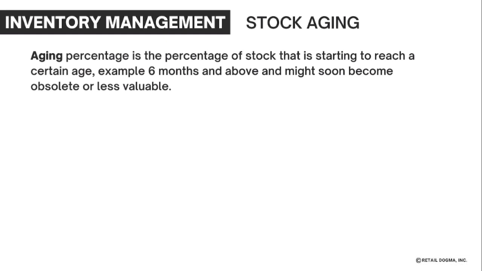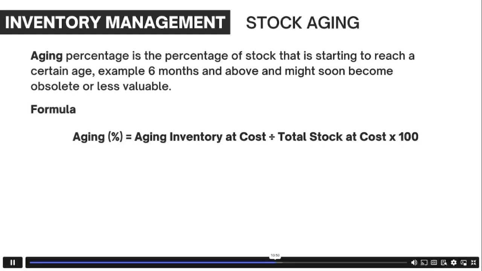At the core of inventory management is monitoring the aging percentage of the merchandise on hand. Aging percentage is the percentage of stock that's starting to reach a certain age, for example, 6 months and above, and might soon become obsolete or less valuable. The formula for aging inventory is aging percentage equals